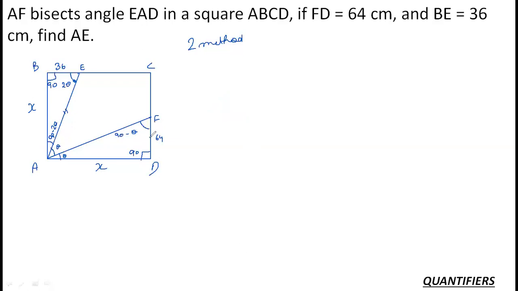I have to associate my perpendicular with my base. मुझे perpendicular को base के साथ जोड़ना है. अब अगर मैं सोचूं मेरी कौन सी identity perpendicular को base के साथ जोड़ती है? Tan theta, because tan theta is equal to perpendicular upon base. First of all, I will apply tan theta in triangle FAD. In triangle FAD, tan theta is equal to perpendicular upon base. Perpendicular is 64 upon base is X. Right? This is the first value.